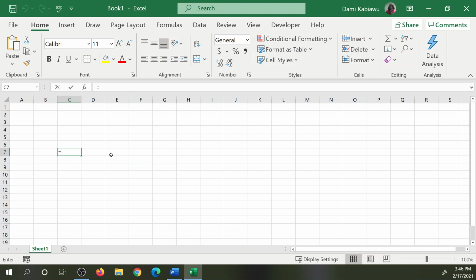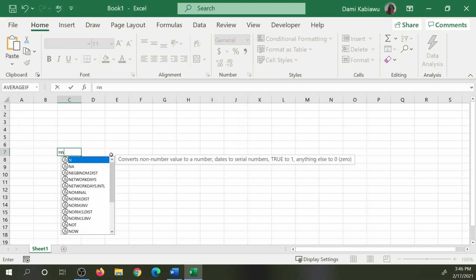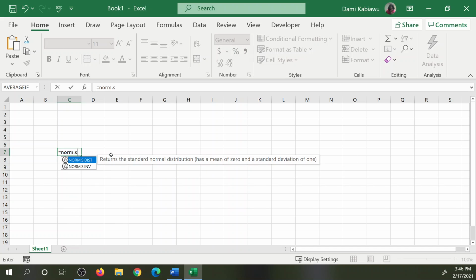So to start with, if I type equals NORM.S.DIST, that is the normal distribution, open the bracket. It takes two values, the z value and whether cumulative is true or false. That's it. But we would like this calculator to automatically calculate the z value given an x value, a mean,